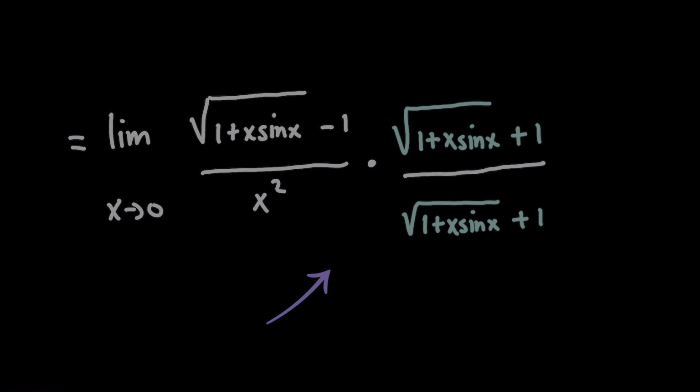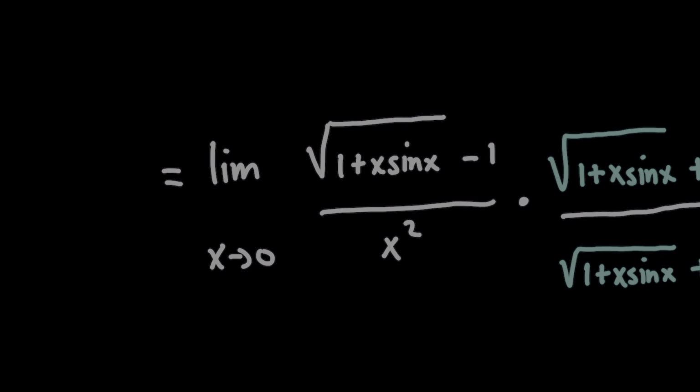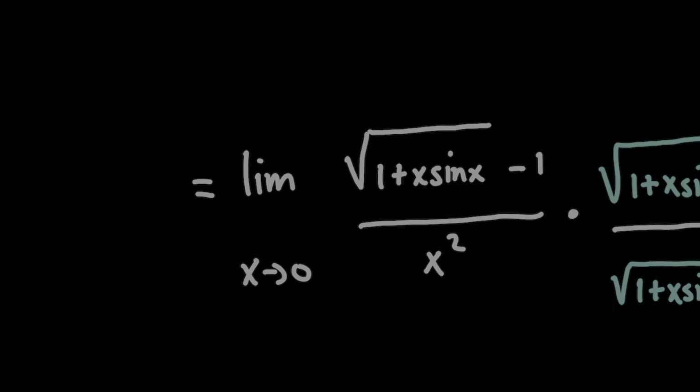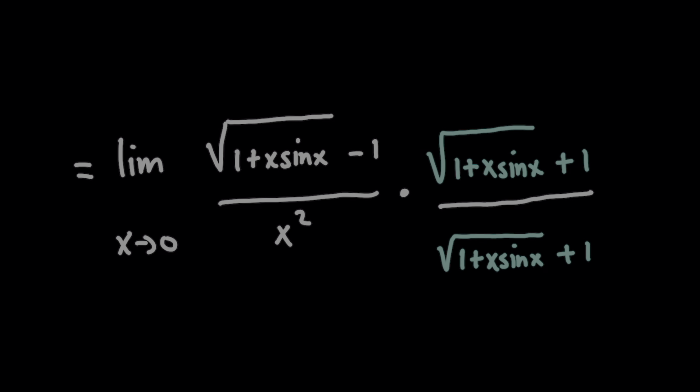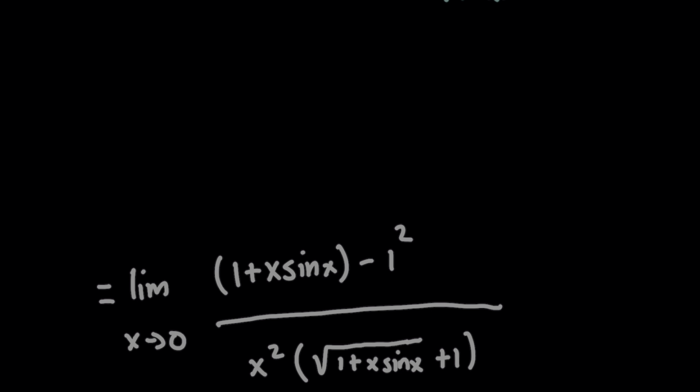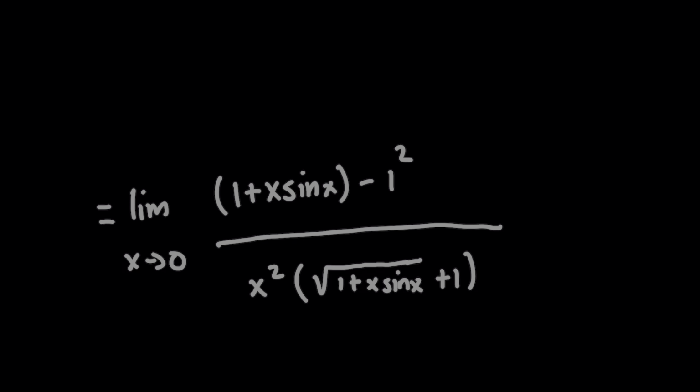And what is the conjugate, in case you haven't heard of that term? When you have the square root of an expression, I'm going to call a, minus a constant b, then you take the square root of a plus b instead, and you multiply everything by that on the top and the bottom. The reason is that when you multiply two expressions where the difference is the minus and the plus, it becomes just a squared minus b squared, right? And so the square root's going to go away for this part, and then the constant's just going to be